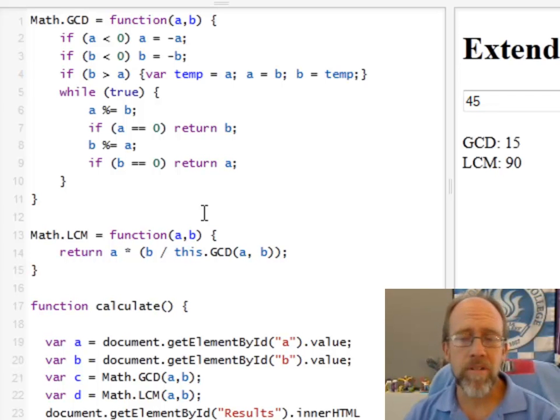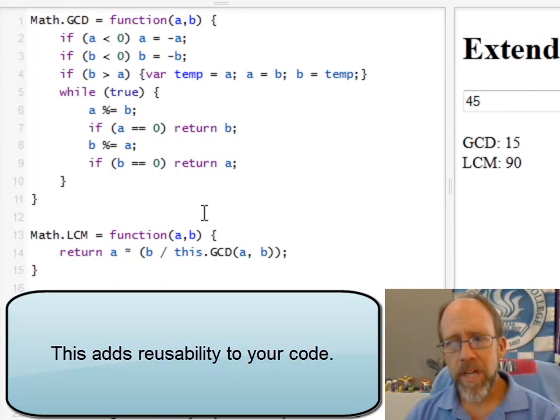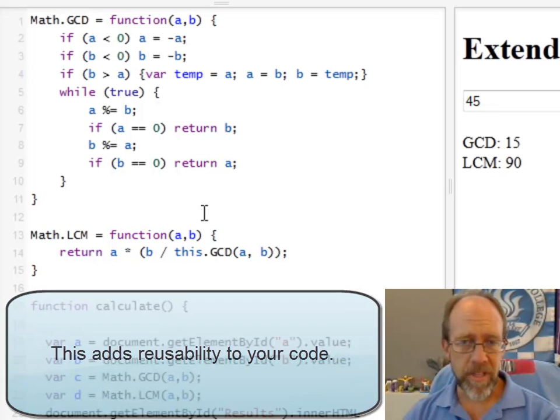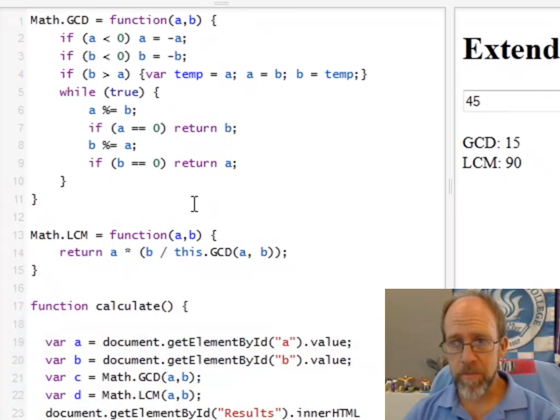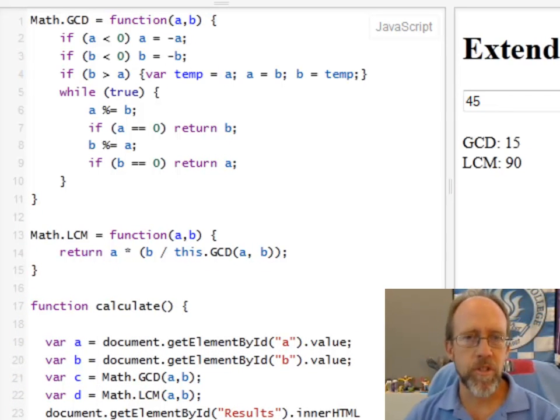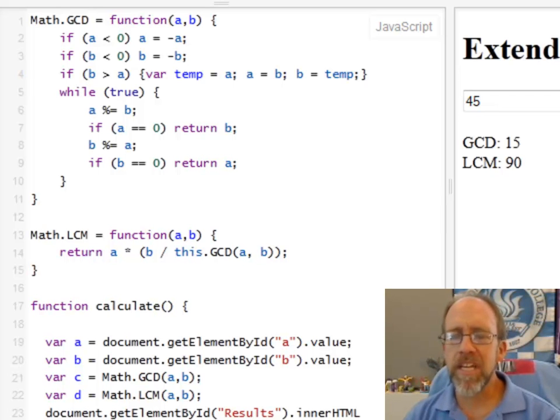So as you can see, it's a very simple thing to do. This doesn't really require a lot of complexity, but it has a lot of power to it, this ability to extend the capabilities of the existing objects within JavaScript. In this case, we extended the Math object. But we're going to have demonstrations of doing other things in the future which extend this capability. So from here on, good programming, and you'll see me using this and extending this even further.